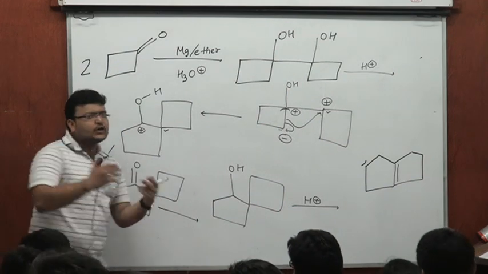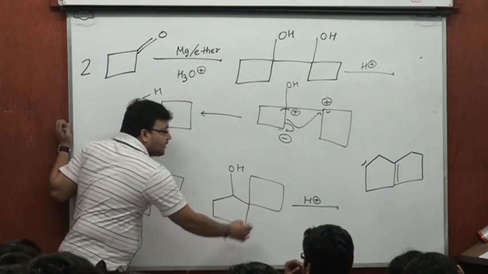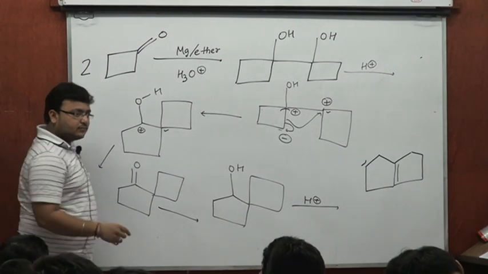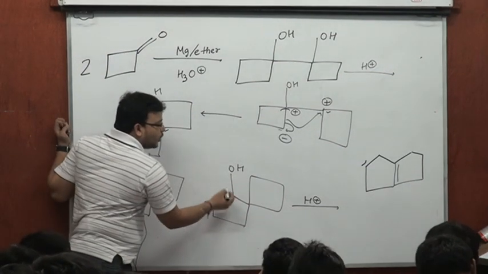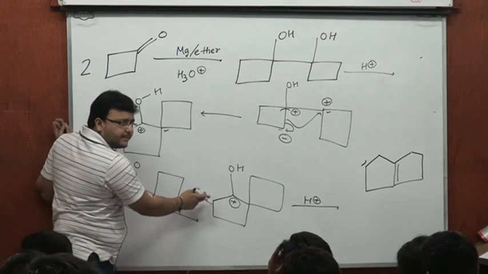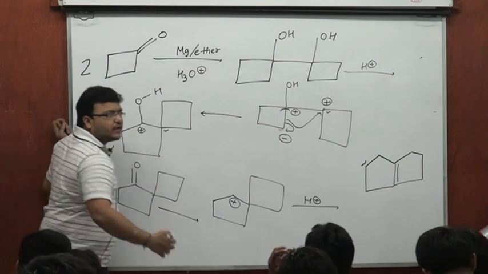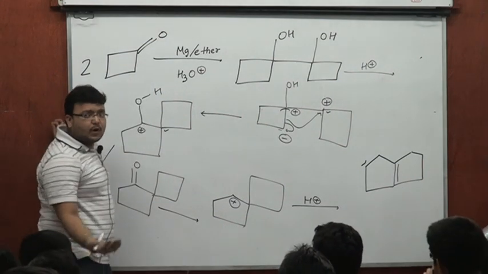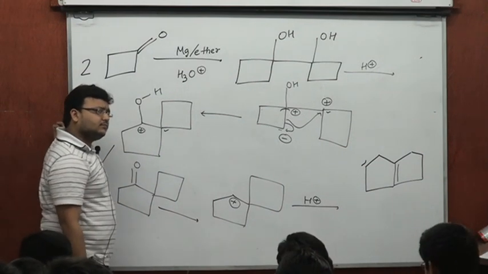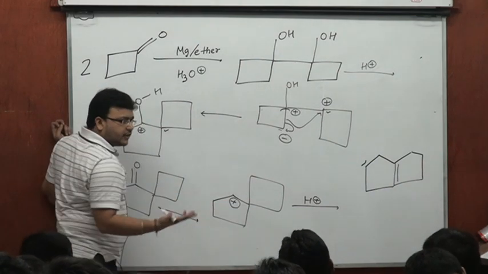And do you recall and do you make out that once a positive is coming here, this bond is migrating here, the positive would have come on this carbon? Yes or no? I mean, how it's going to happen? H plus taking out water, a positive developed here. If all of you have copied, I can remove this. Now, there would be a drive to increase its size, to decrease bare strain. Smaller the ring, more the strain. Whenever there is positive next to a ring, it will try to expand.